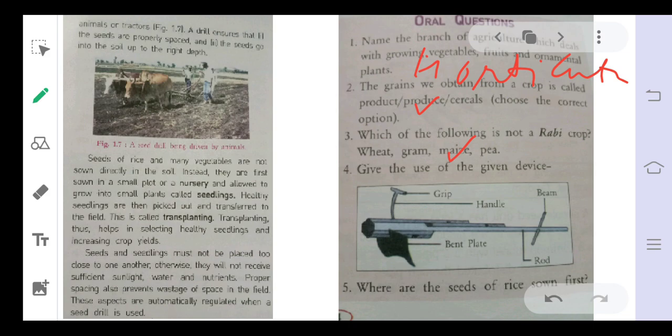And give one use of the given device. It is used to loosen the soil. It is a hoe. It is used for loosening the soil or removing the weeds. And then what are the seeds